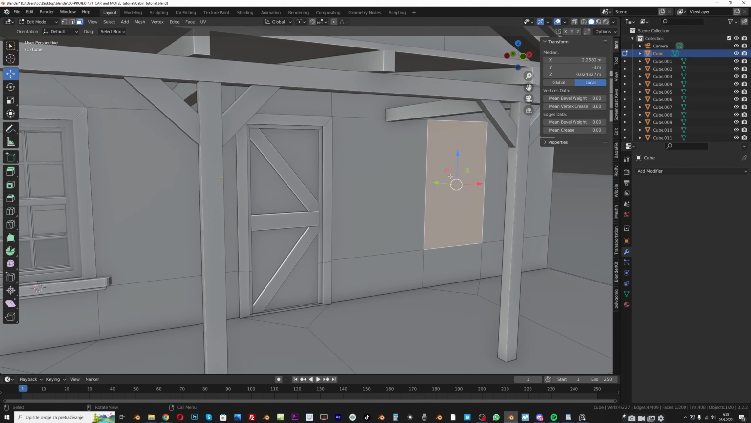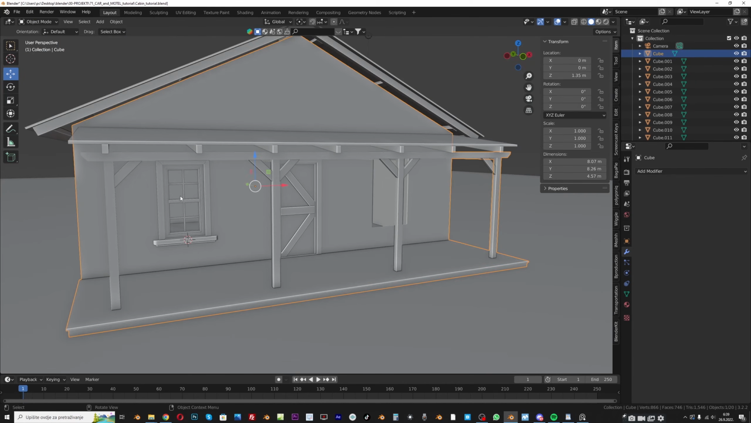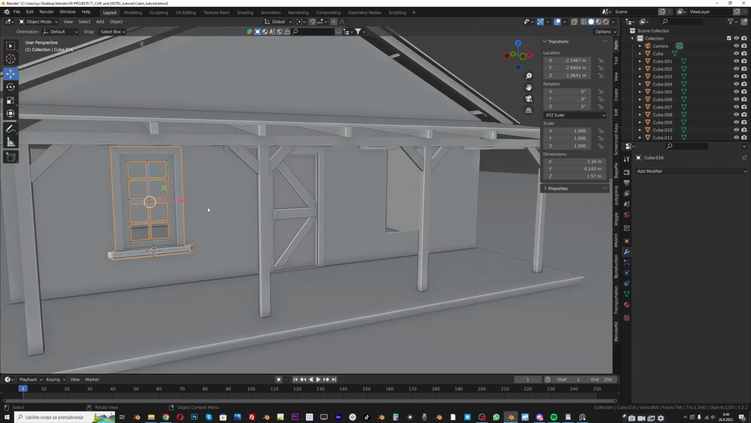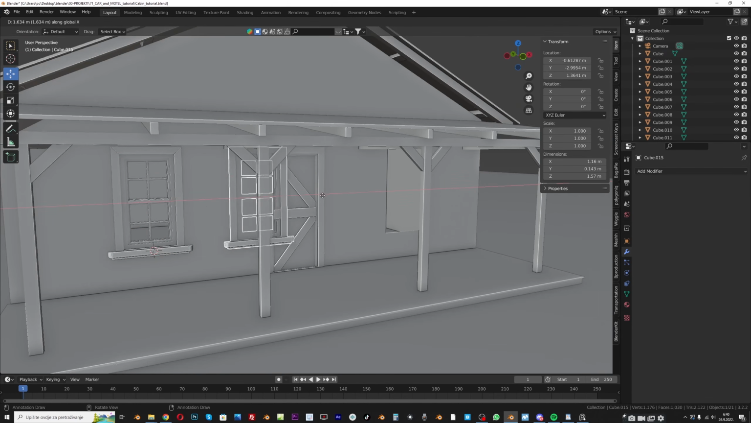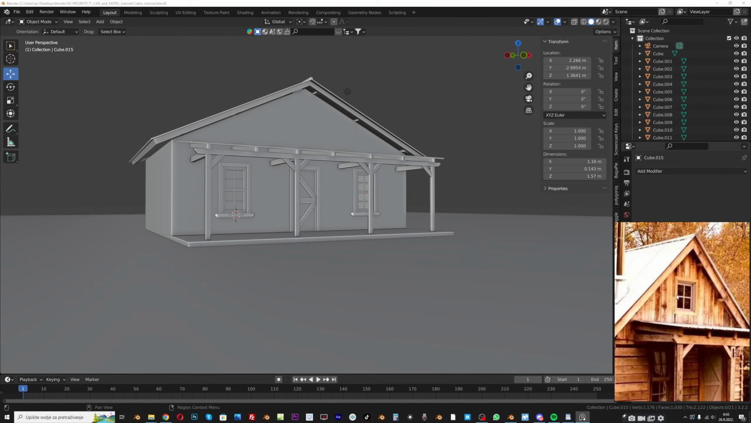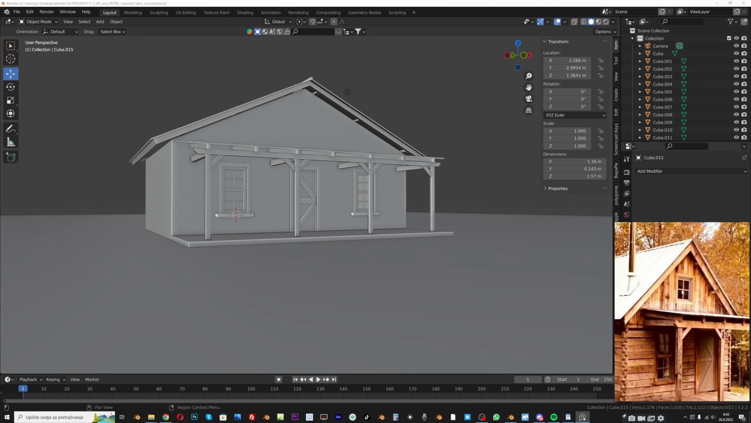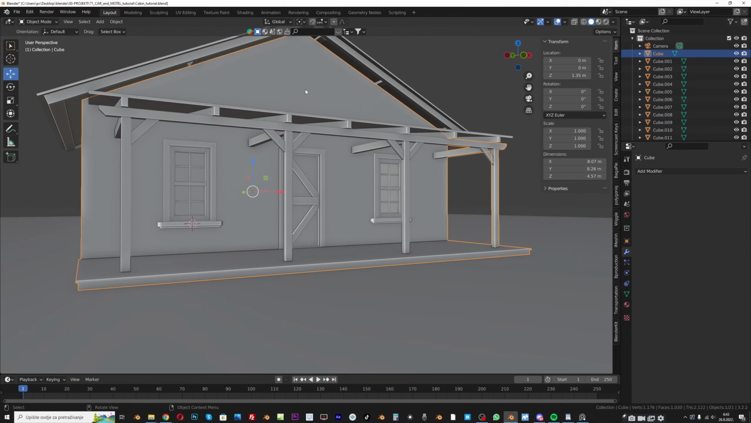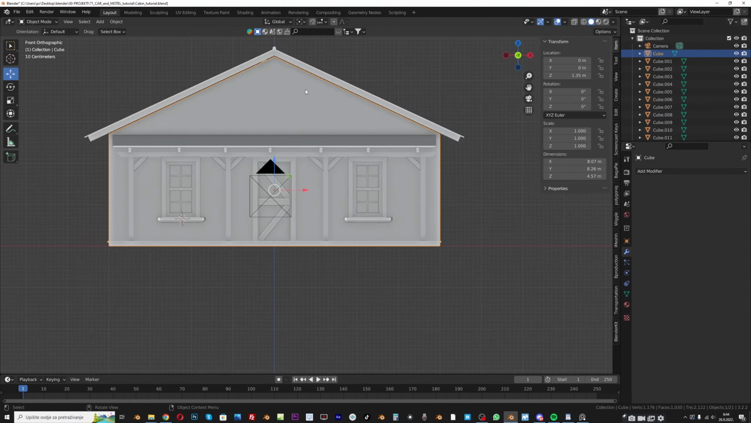Delete this, select this face here and press delete to delete this. And I can now duplicate this object with Shift D and hold X to move this on X axis. Let's now create this little window here. So I will select this object and numpad 1,